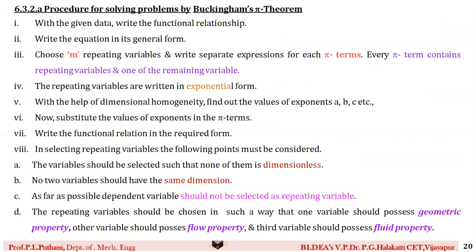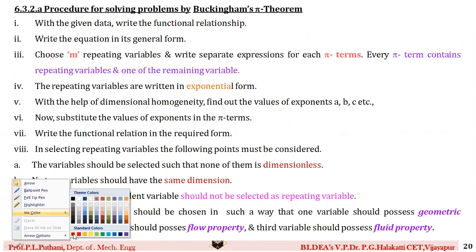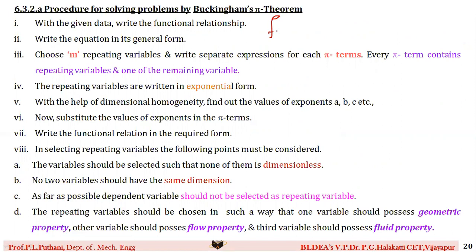These are some of the steps which you see here. The first step is to write down the functional relationship. In a given question, we have to note down the given variables in that particular problem and write them as a function of the different variables. For example, if pressure is one of my variables, volume is my variable, density is my variable, and kinematic viscosity, all these variables you write down as a function equal to constant c. This is the first step.